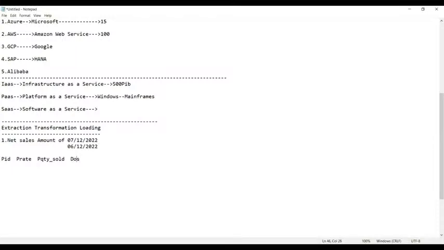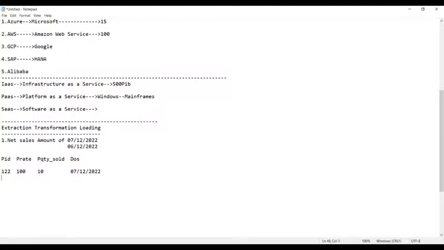The first line is: product ID 122, product rate 100 rupees, product quantity sold 10, and the date of sale 07/12/2022.